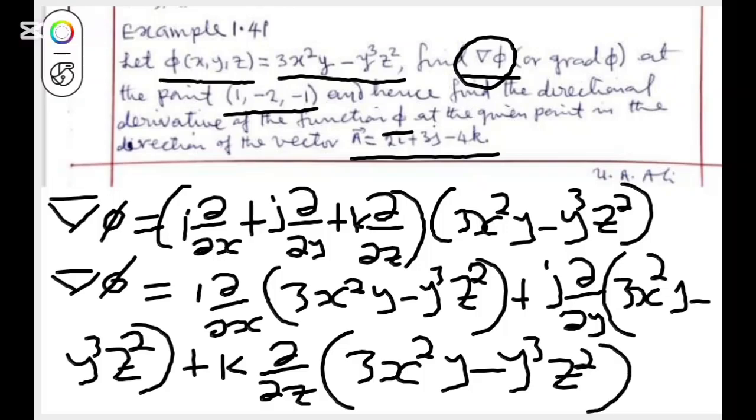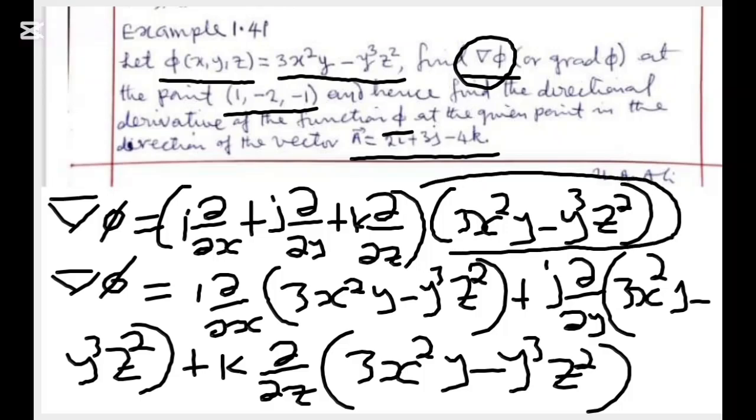As you can see, what I did is that because I have i, j, k, and the gradient is a vector quantity, I have to pick the whole value of psi and insert it in each and every